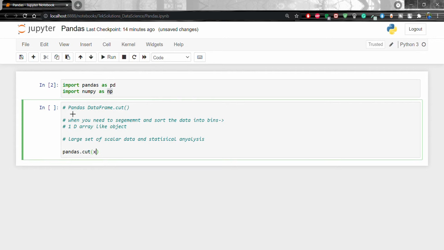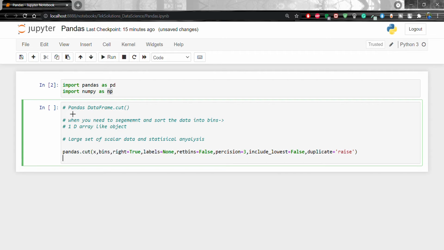We have to pass x, bins, right, which by default is true, labels, which by default is none, retbins, which by default is false, precision, which is 3, include_lowest, which is false by default, and duplicates, where if any duplicate is there, we have to raise it.